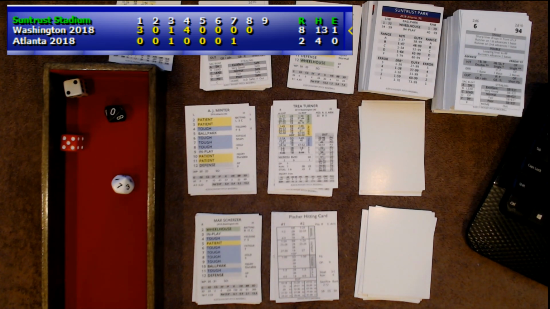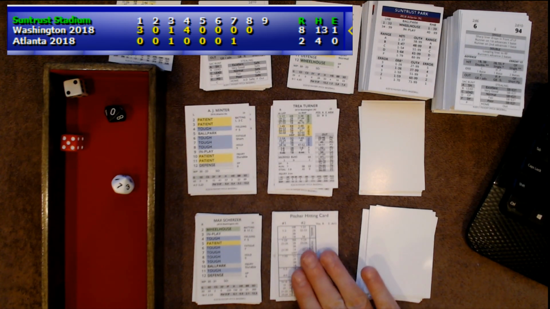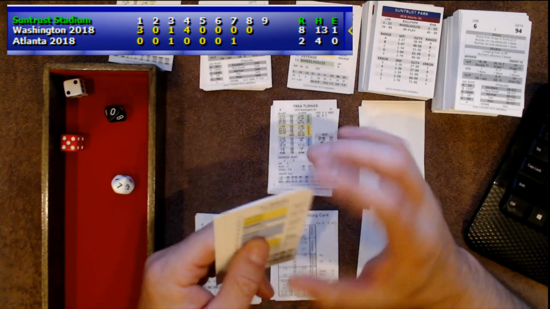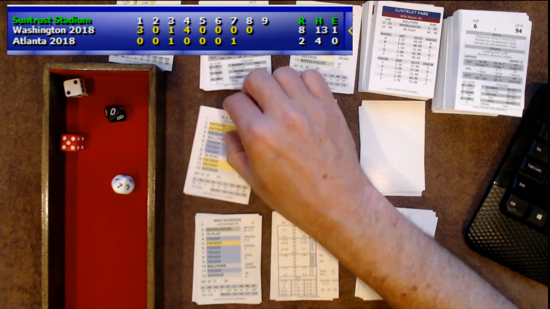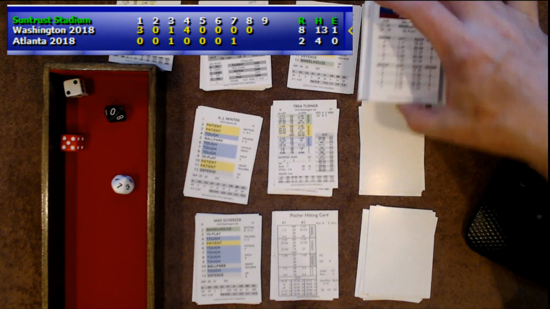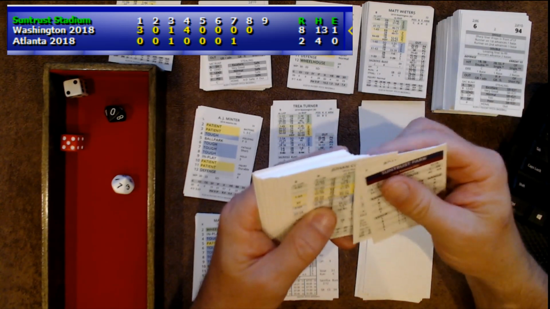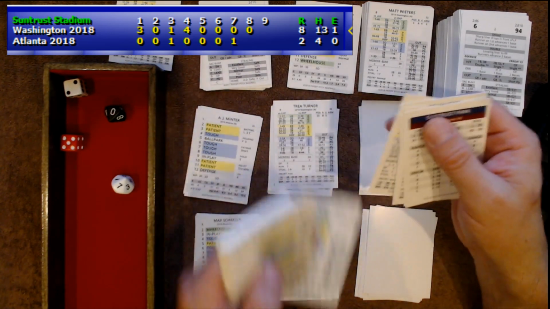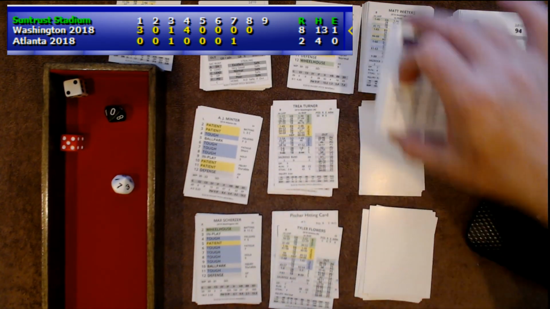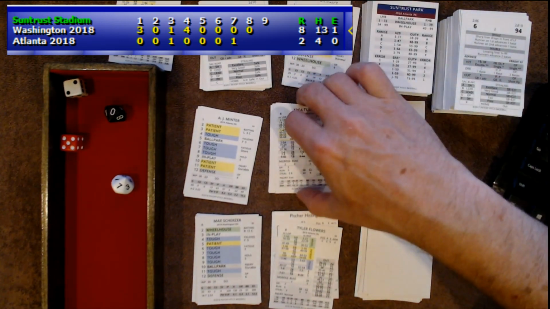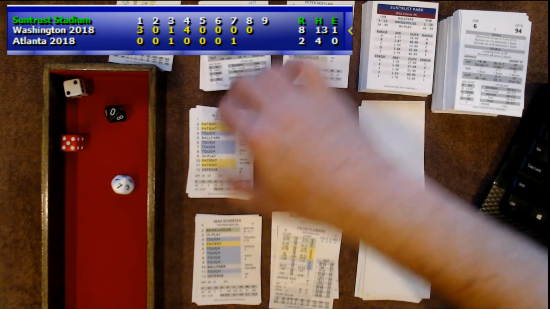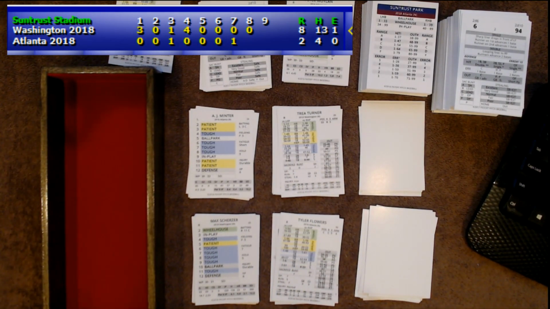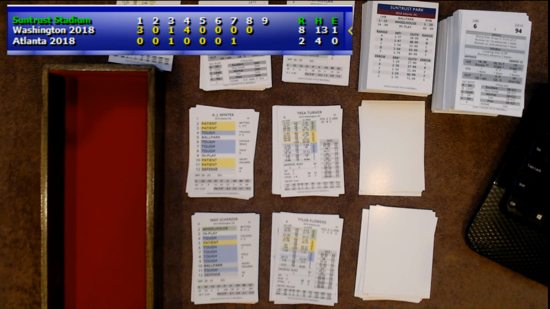All right. So, what are we doing here? We have the pitcher spot up, A.J. Minter, and we have no more, so we're going to have to bring in someone off the bench here. That person is going to be Tyler Flowers, making a pinch hit. I like using players that I know are in the lineup or I know are on the team. Tyler Flowers just started the game yesterday, so I know he's on the team. Because I don't want to choose somebody and then find out, oh, he wasn't even traded to the Braves.